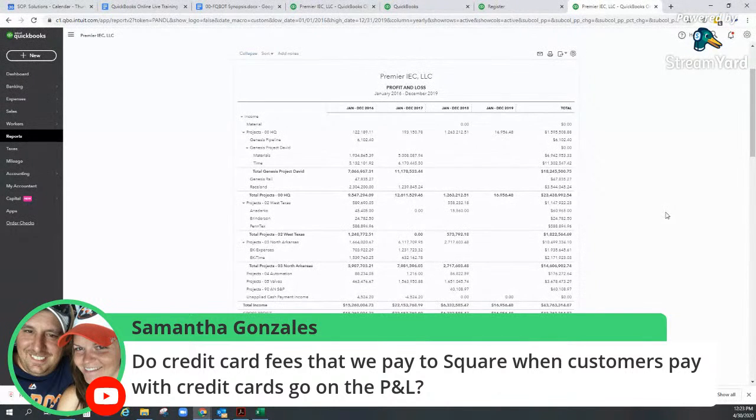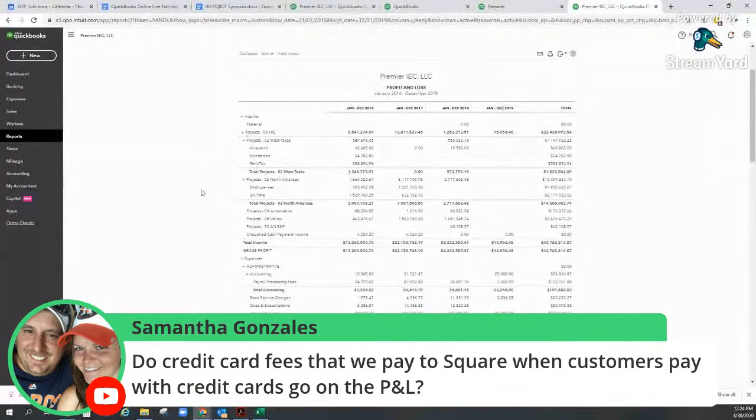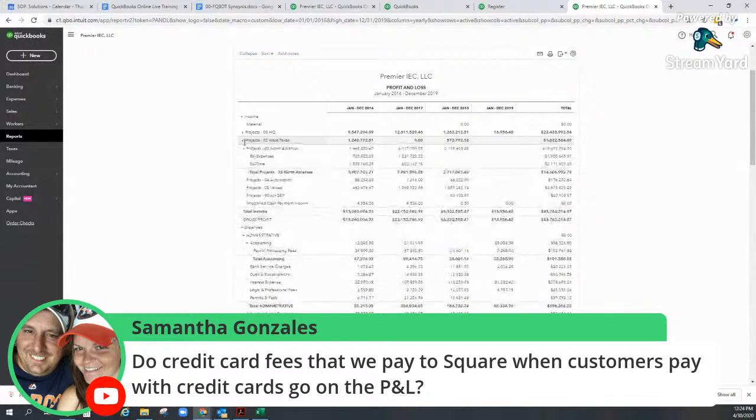You went lots of different places. So, Samantha, the bottom line is yes, absolutely. Your credit card fee goes on the profit and loss. Period. Where would it go though? What happens depends on how you're collecting. If your processor pays,